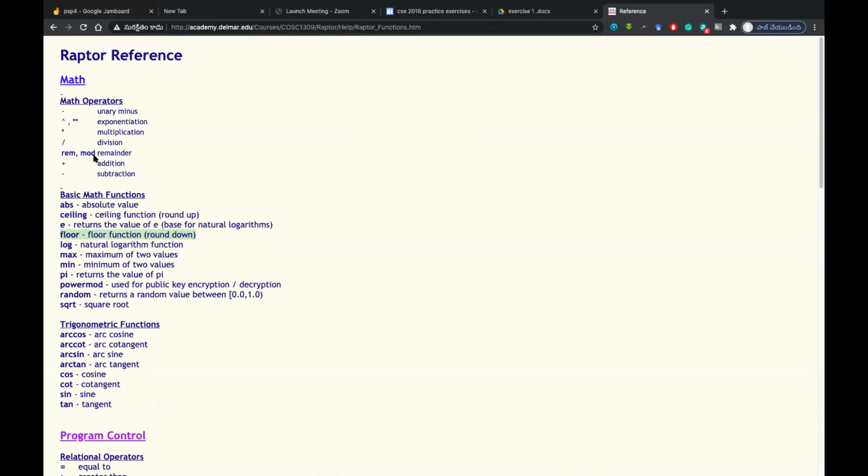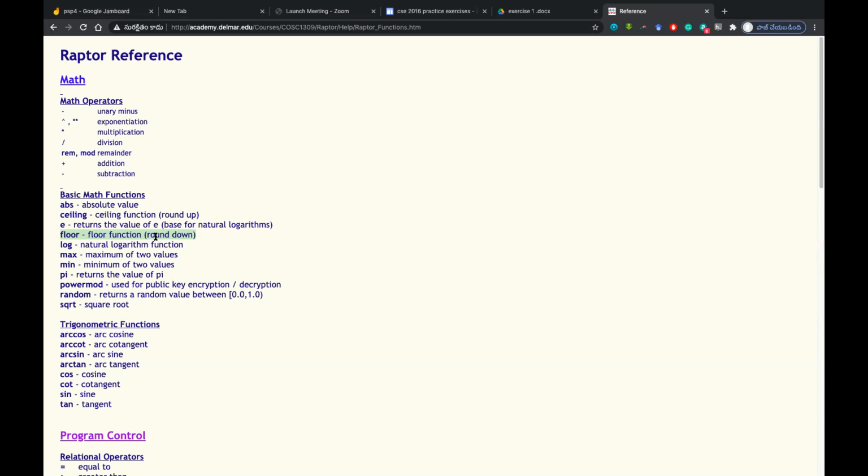If you go to Google and type Raptor reference, you will get these small math functions and you can search each one, like floor. Not only this one, why can't you go to Raptor? "Sir, can't we use ceiling, sir? I tried for that." Yeah, you need to try everything, not only ceiling, right? It says round up. Round up, if it is 32.5, it will give you 33. But what is round down? It will give you the lowest value.